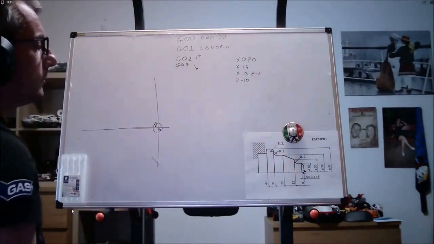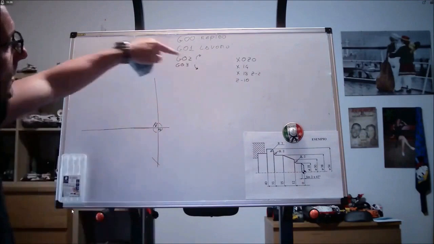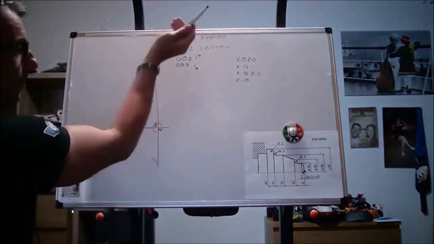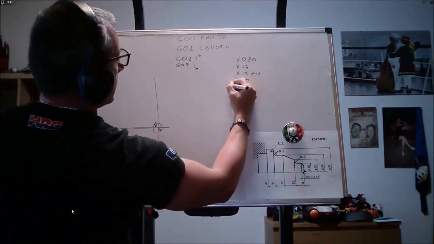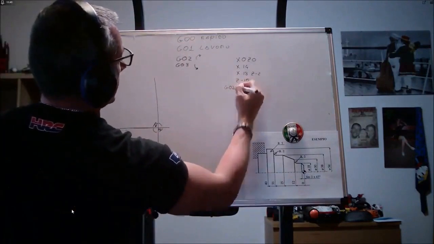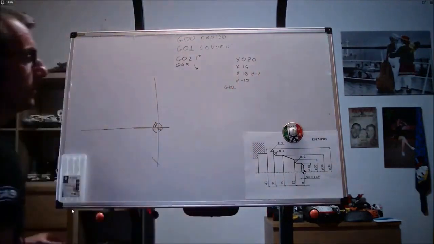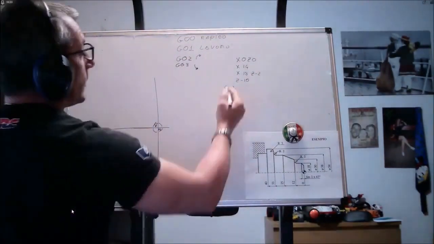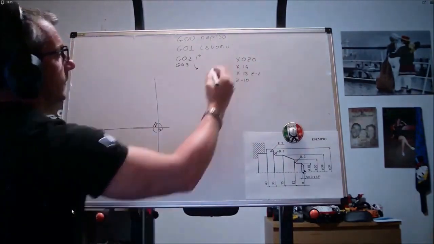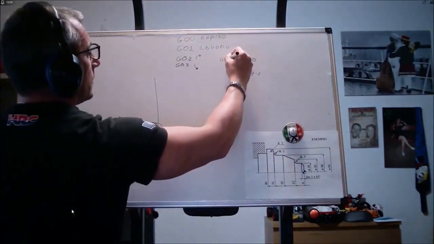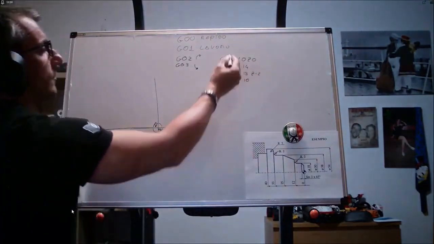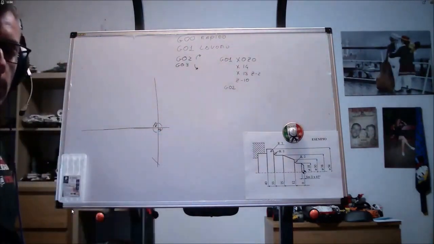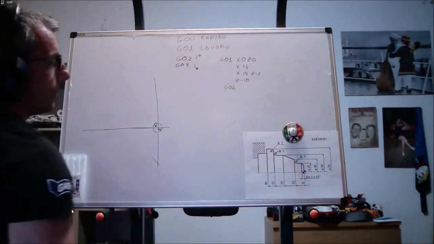At this point, I need to insert G02 and G03. Look at the arrows. How do I proceed? Clockwise. Here I will have to write G02. So if in our examples I could ignore G01, here I cannot ignore it. We were ignoring it to make the examples, but to be correct, in the first block I will have to put G01. Then, as long as I don't specify anything, it will remember that I am moving in G01. Now, G02,